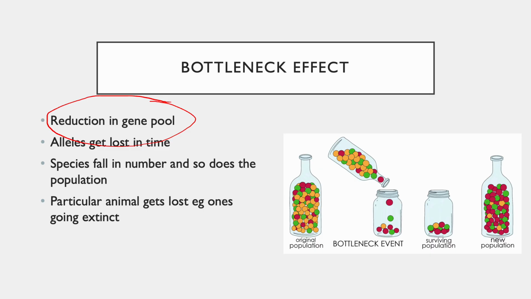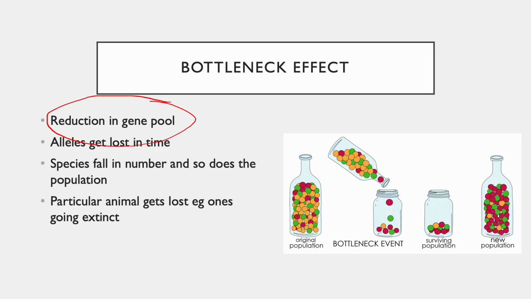of the species in a particular area. For example, very common examples are certain species which become extinct. When we talk about the white tiger, the Bengal tigers, or the cheetahs with a particular pattern, they are very few in number as compared to the other cheetahs which are dominant in a lot of national parks. Even when we come to the study of certain deers, the actual population of certain deers has gone down, and that is because of a bottleneck effect,